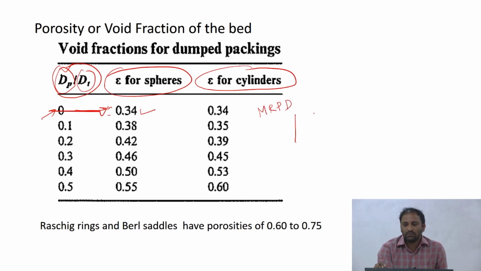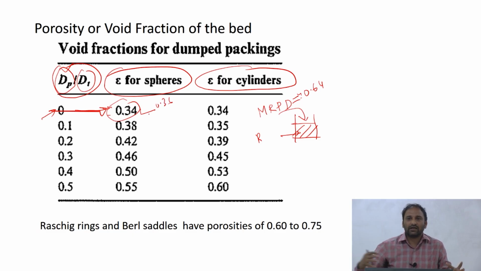That means if I have a column, I pour the particles into the column. If all the particles in the bed arrange in a random configuration, it turns out that the maximum random packing density is roughly of the order of 0.64. Therefore, ideally the porosity should be 0.36, but the